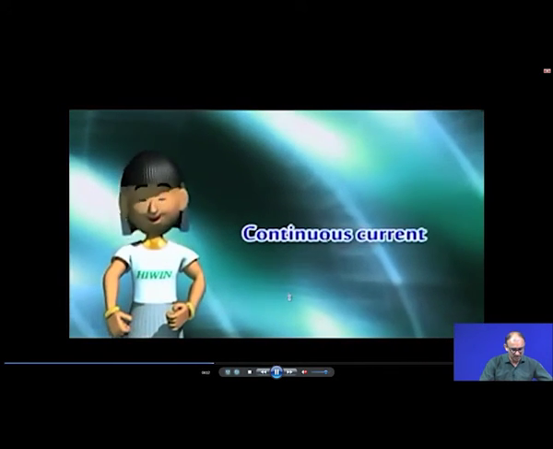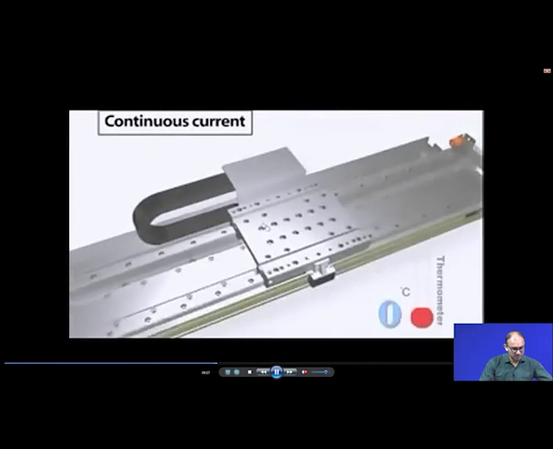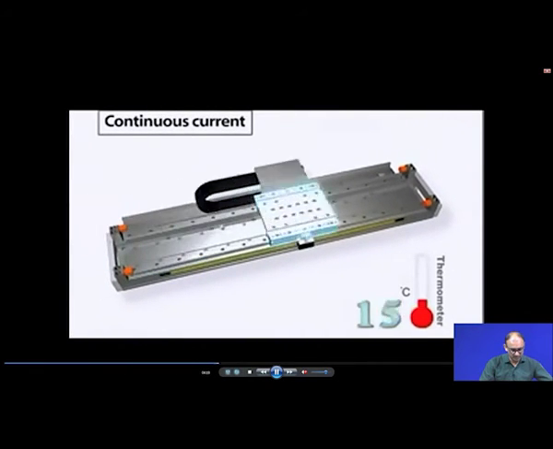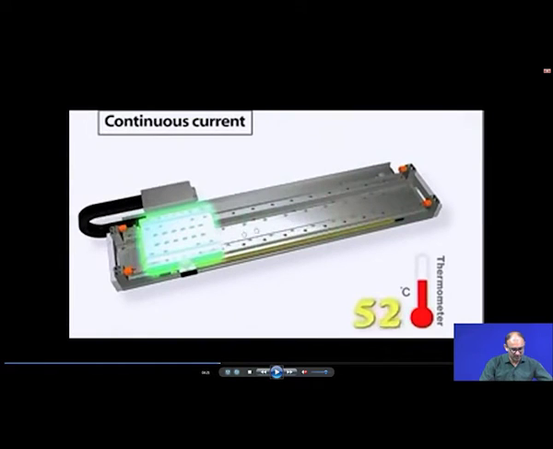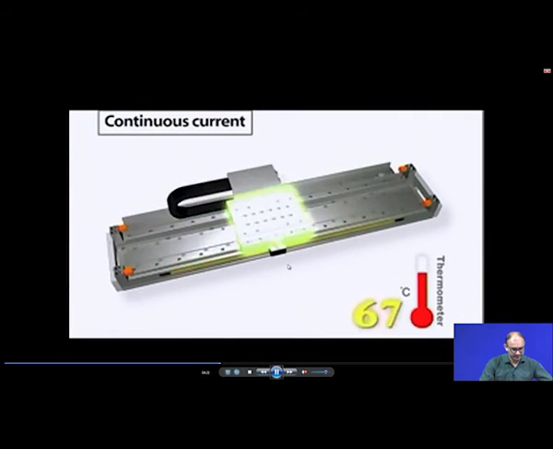So, what are the parameters and definitions we can think of? First, it is the continuous current. We have to apply a continuous current so that this movement is possible. And we know that if you increase the current, there is a temperature rise with I square R losses. So, we have to maintain how much continuous current we can provide so that the whole system works within the desired or limited temperature zone.